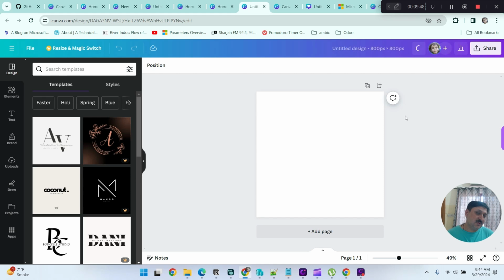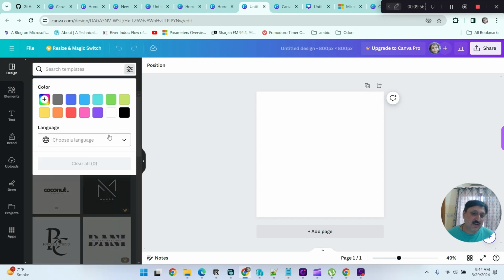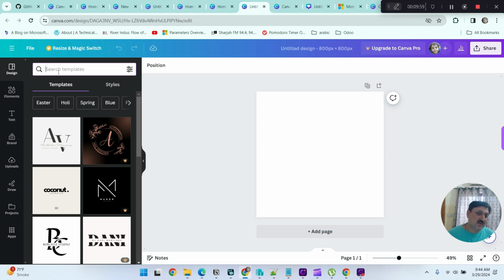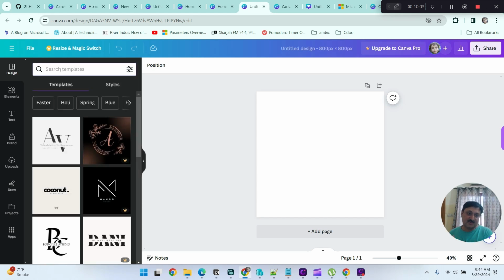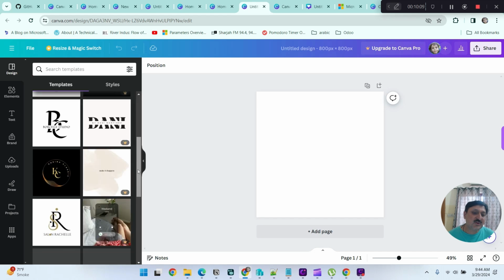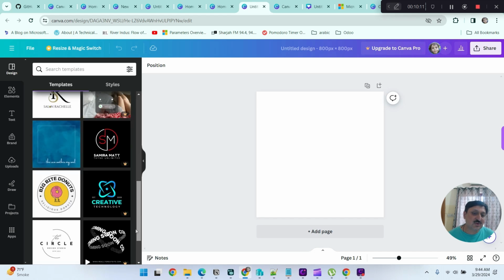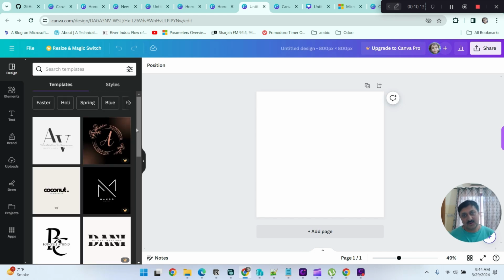So this window has appeared. Now if I look here, here are templates. I can search by template, color, language. With respect to size, different types of options are available. I select 800 by 800. Usually logo style templates are available here, so I can attach one here. Similarly, with respect to different types of templates or sizes, they will appear here. So if I go back